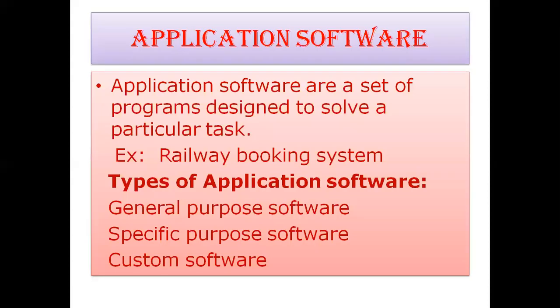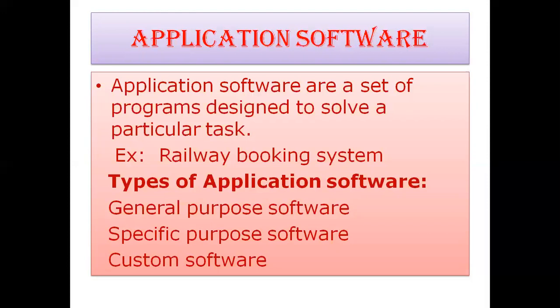Okay, children? So, now we are going to learn about the application software. Application software is a set of programs which is designed to perform a particular task. For example, railway booking system. It is also an application. In railway booking system, for example, take IRCTC. It is an application. In that particular application, we are able to see how many trains are available, at what cost, and at what time. Okay, whether seats are available or not. All regarding the railways only is available in that particular IRCTC application.